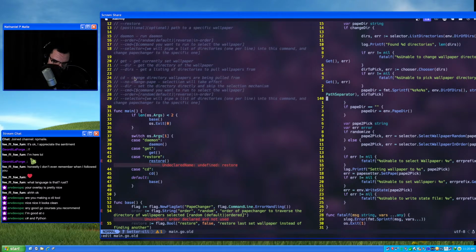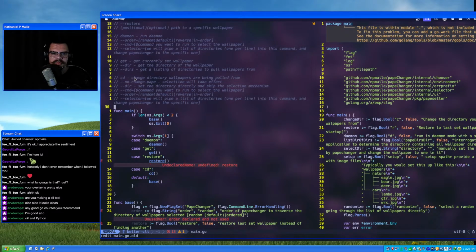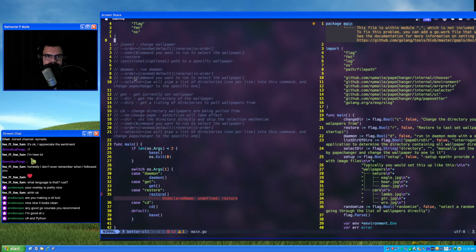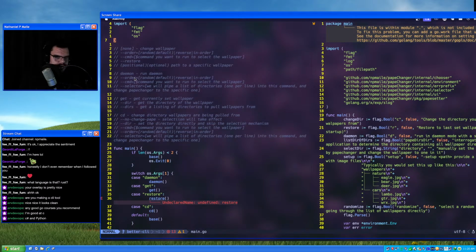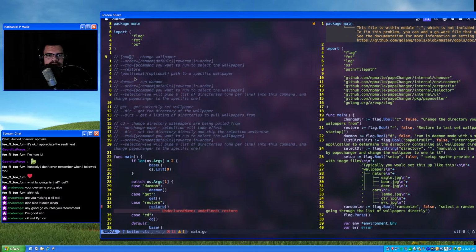And then the new main file is here. I just put a switch on os.Args[1] to see if it's been called with these arguments: daemon, get, cd, or nothing.